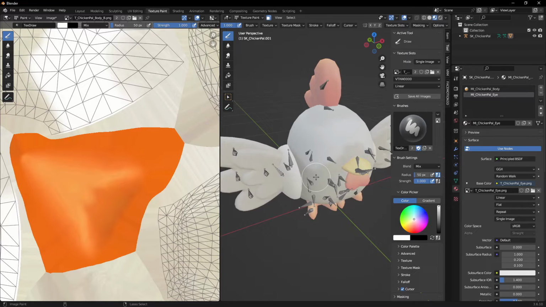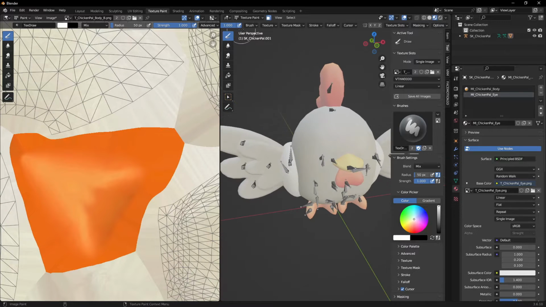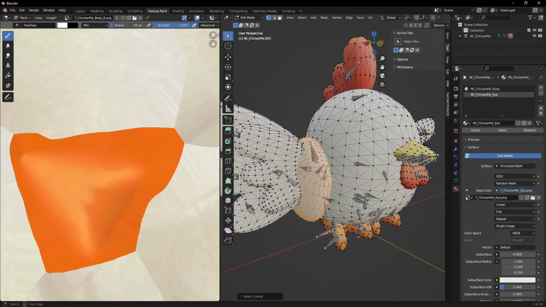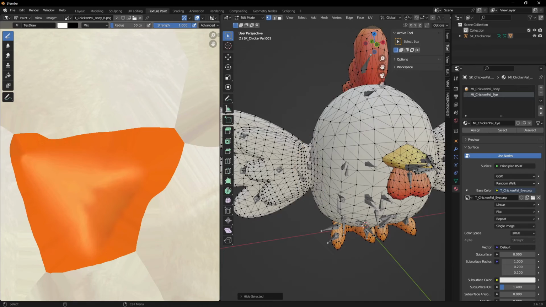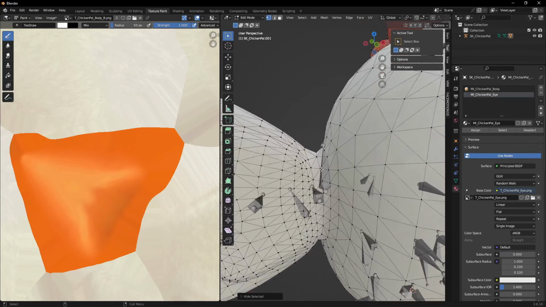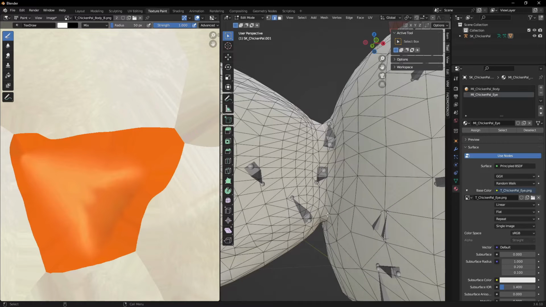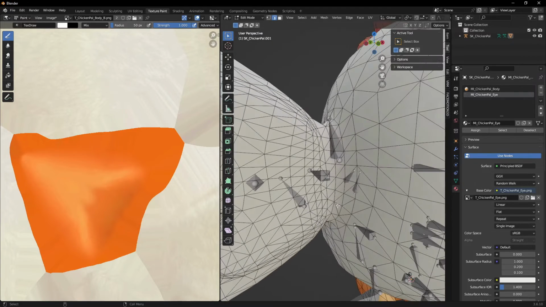A way to get around that though is if we go back into edit mode. So I'm going to select this and hide it. So we've got like this fluff around the wing. And then just trace around the edges of the wing where we don't want the paint to be going. So if we hold down Control and just follow this line around